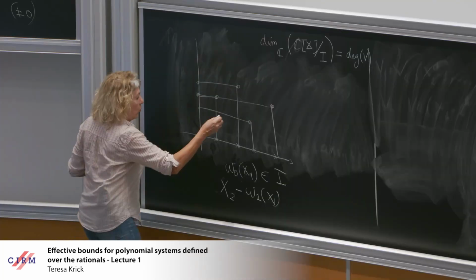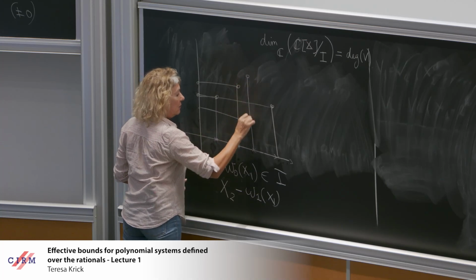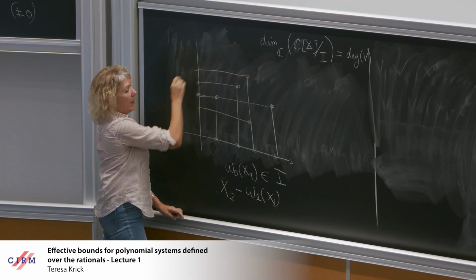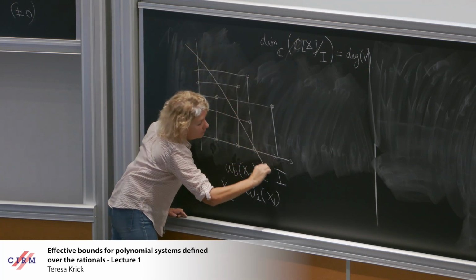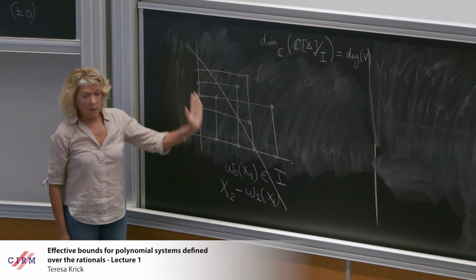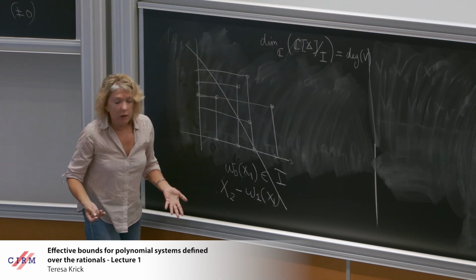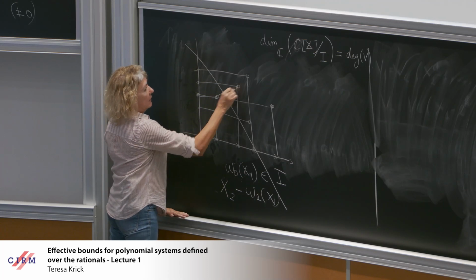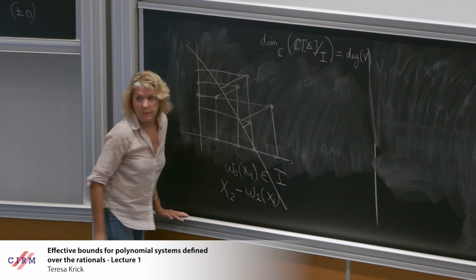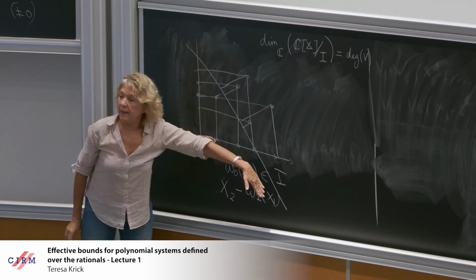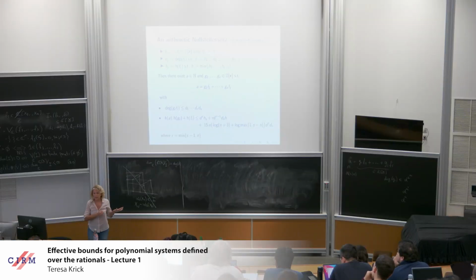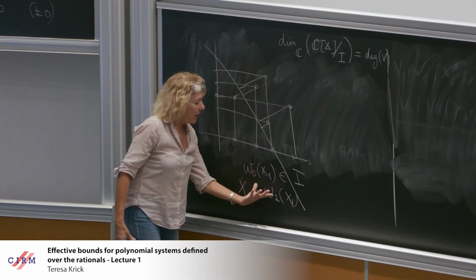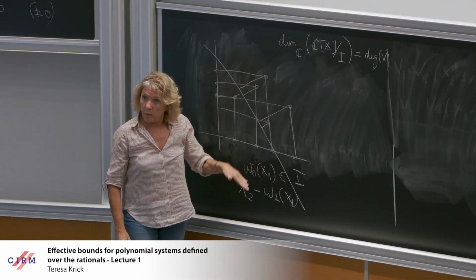Okay, if you are in this unlucky situation, so you cannot choose any of the coordinates to project, there will always be a linear choice such that all projections are different. And then you will use this linear form to do the shape lemma. So, but this is the important fact here. When you are in a zero-dimensional situation, everything is as if it were univariate, using the shape lemma.